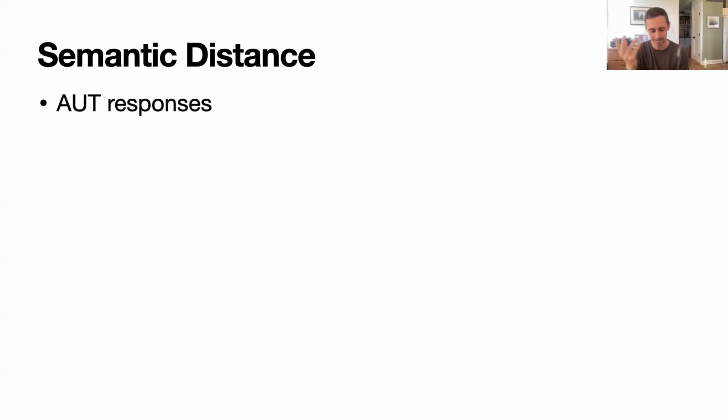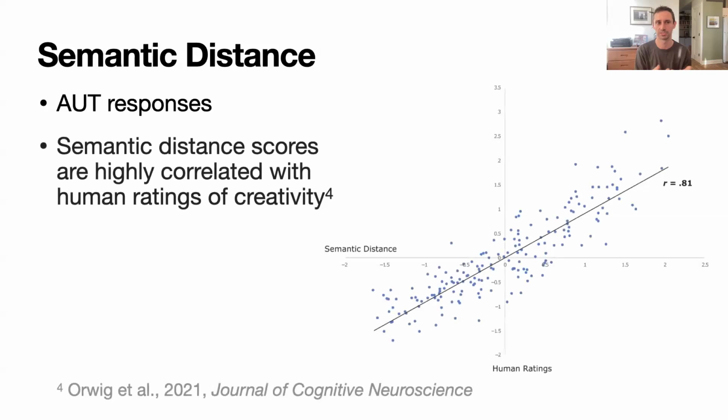So in this study, we looked at the semantic distance of AUT responses. So given a brick, a participant comes up with some use for it, and we can compute the semantic distance between the prompt and the use that was generated. We also have human ratings of creativity. And what we found was that there's a high correlation between semantic distance between the prompt and response and human ratings of how subjectively creative that use was. And so this fits in with the larger literature showing how semantic distance provides some kind of a metric for